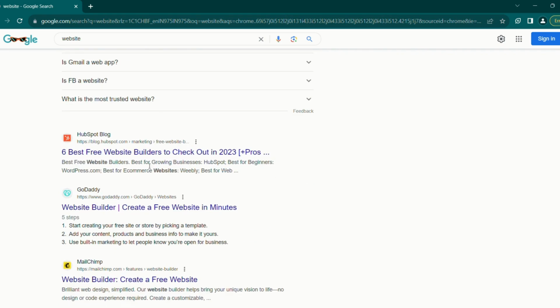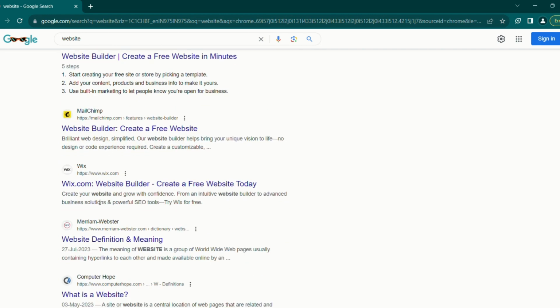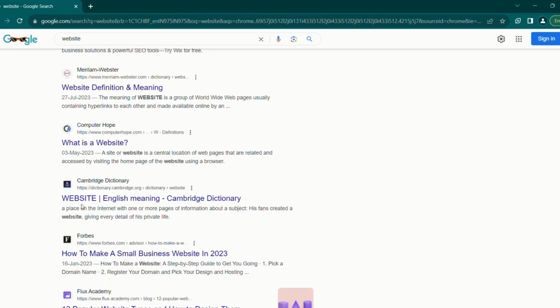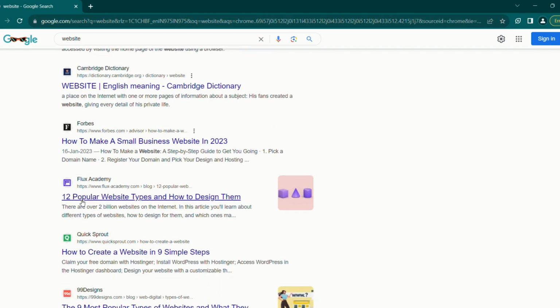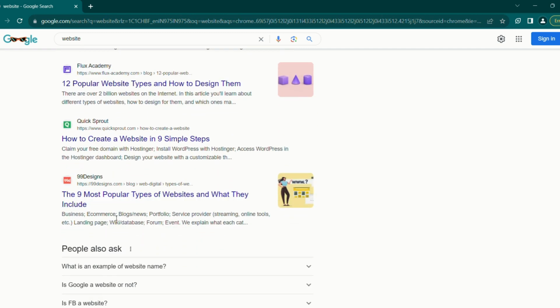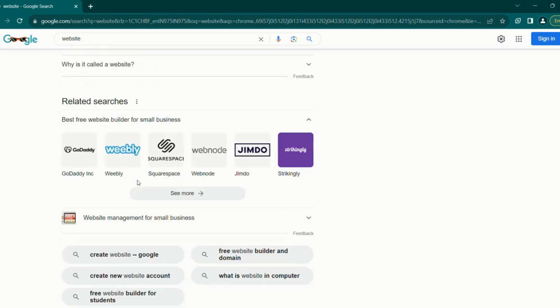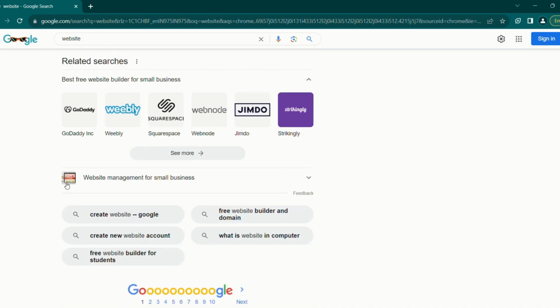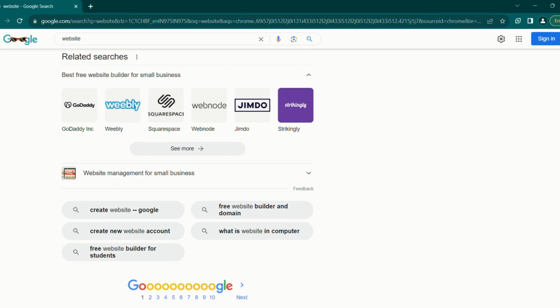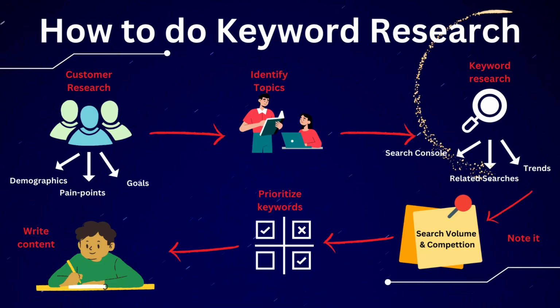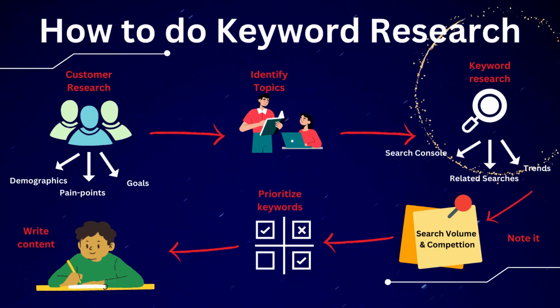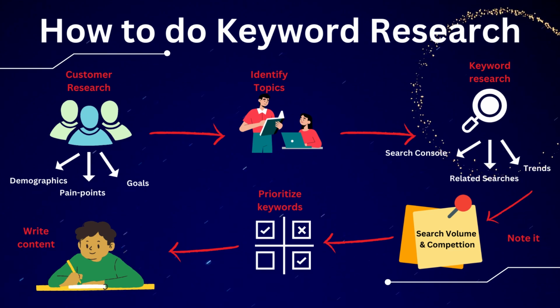These align with the buyer's journey we discussed in the previous video, covering both navigational and transactional queries. For this video, we will focus on the transactional query, building a website using WordPress. We'll be focusing on this since it is a long-tail keyword with high search volume. Now that we have researched the customers and selected the topic, let's move on to fetching the keywords.